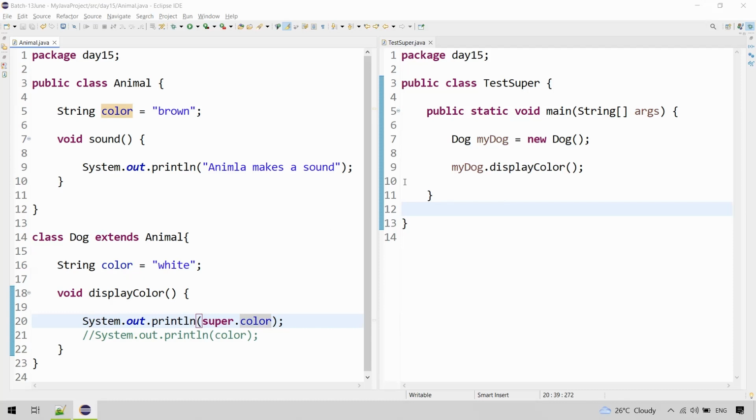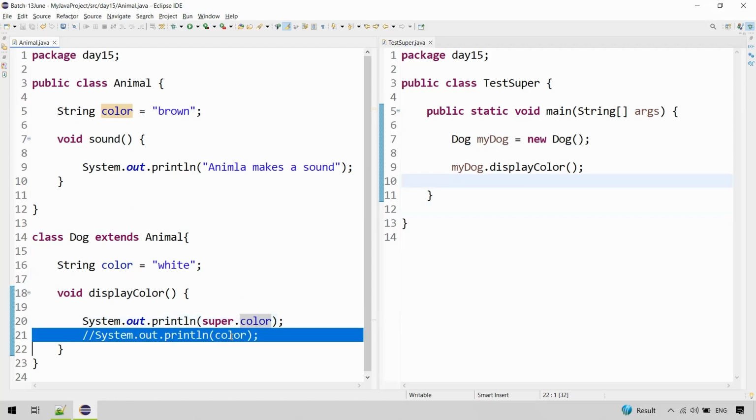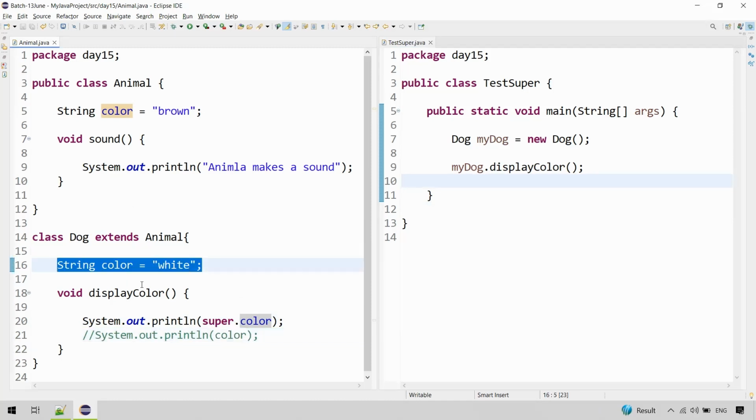So we override the parent class variable in the child class, but if we still want to access the parent class variable, we can use the super keyword. If you say only color, or directly access the class variable, then it will take the overridden one, the child class variable. But if you wanted to access the parent class variable,